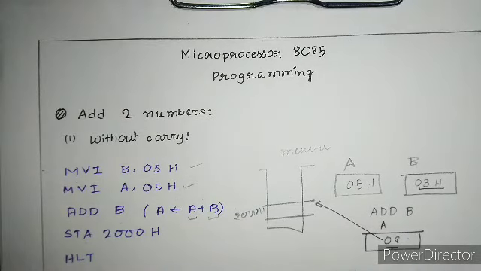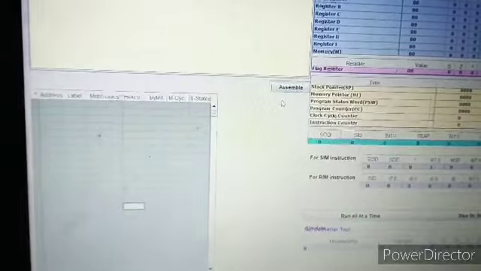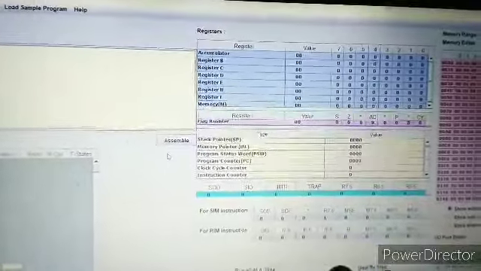Let's see it in our practical. So this is our Jubin 8085 simulator. Let me give you a quick overview of this. Here we write our program. Here we can see the inner workings, how step by step the program gets executed. Here you can see the registers, how the value gets stored and all.